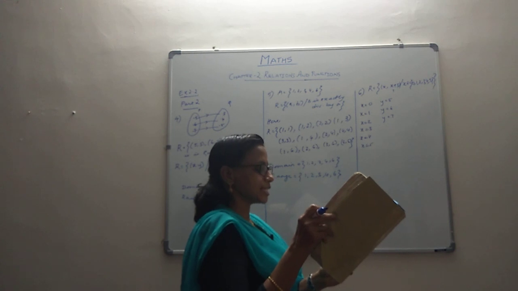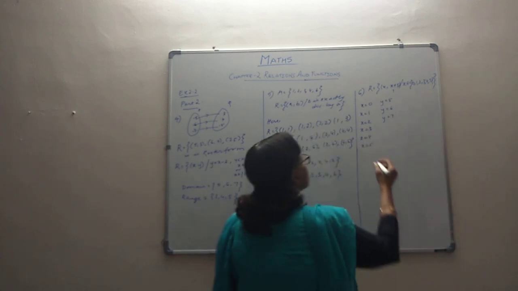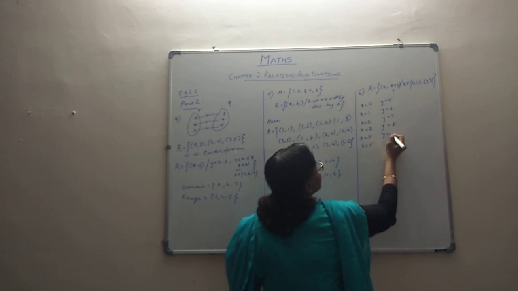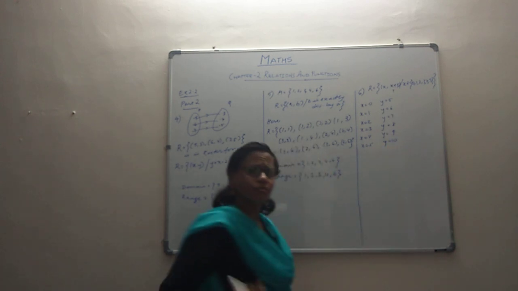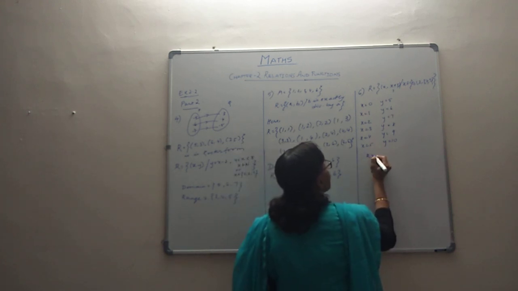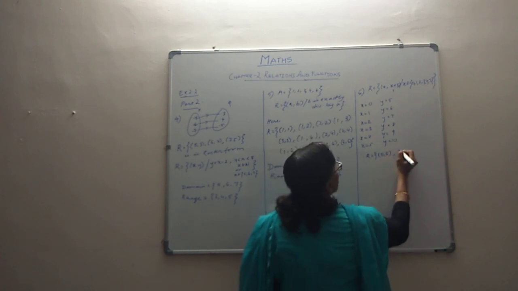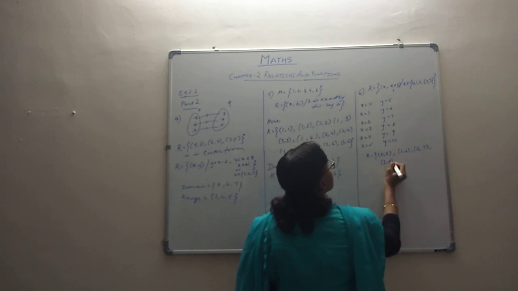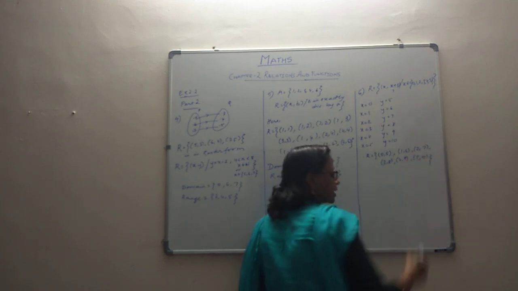The question says determine the domain and range of the relation R, which is defined like this. x has to belong to this, right? So what is the value of y over here? It is 3 plus 5, so 8. y is 4 plus 5, that's 9, and 5 plus 5, which is 10. So you found out all the values, right? Now our work is easy. Let's write R. R is going to be, let's list it: (0, 5), (1, 6), (2, 7), (3, 8), (4, 9), and (5, 10). So these are all our elements.